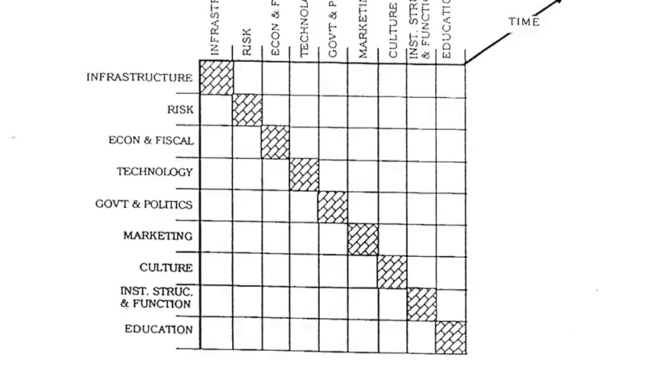Now, it may look a little confusing, so let me take a few minutes to share with you what I had in mind. You'll notice that there are the segments: infrastructure, risk, economic and fiscal, technology, government and politics, marketing, culture, institutional structure and function, and education. These are classes of groups of people